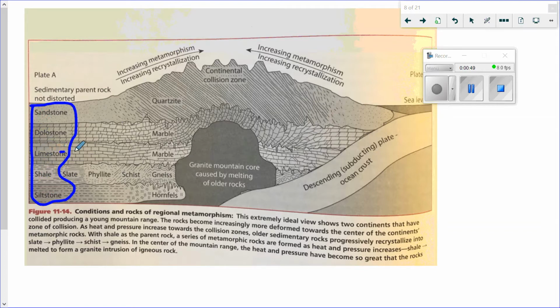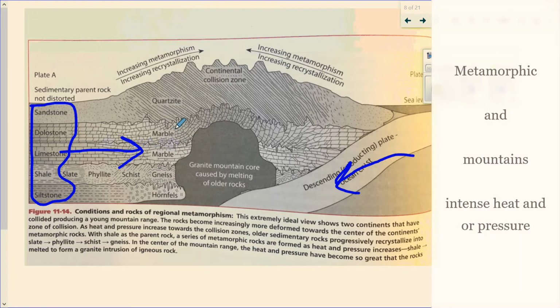So if you take the tectonic plates, which we're still going to cover, if those 2 plates are colliding, you create tons of heat and pressure. So limestone gets squeezed and cooked and turns into marble. Dolostone also turns into marble, okay? Now you don't have to memorize these things because they're in your ESRT, and that's another video that you'll get from me